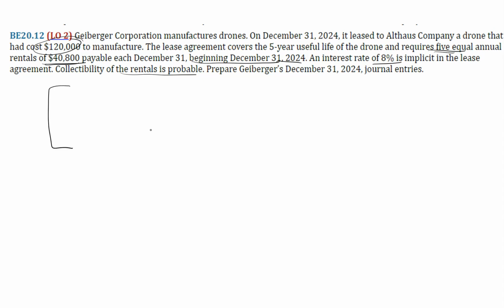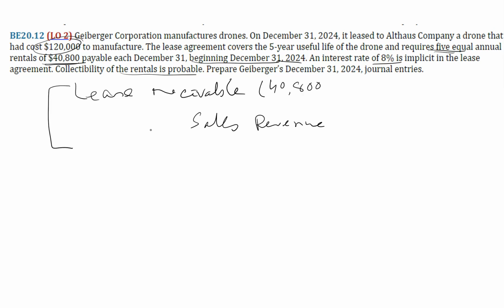So first we have to calculate the lease receivable and record it. It will be on their balance sheet, asset side, lease receivables, and they will record it as a sale. So lease receivables debit and sales revenue credit. How will we calculate it? It's again simple. You have this installment, or annual payment, of 40,800. Now you will find the present value of annuity table for 5 years and 8% interest rate. And if you look at that, you will find that the present value of annuity due factor is 4.31213. And if you multiply that, all the present value of those lease annual payments or installments will be